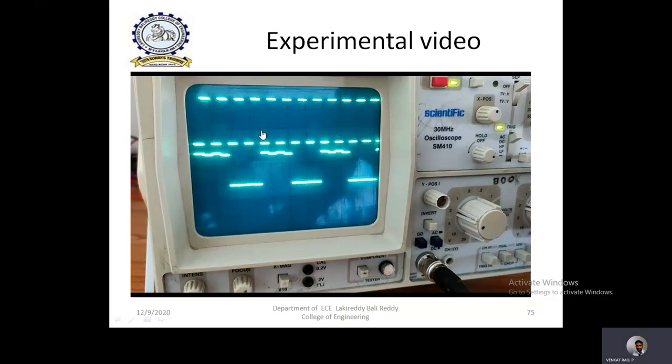So for every clock time period, you need to observe whether it is a high pulse or low pulse. For example, I am starting from here. Okay, so this is one clock time period. So during this one clock time period, high pulse is observed. So you can consider that as 1. If low pulse is observed, we can consider it as a 0.